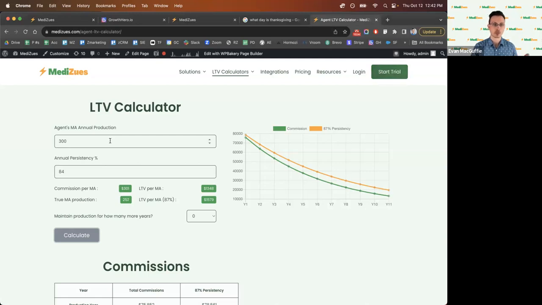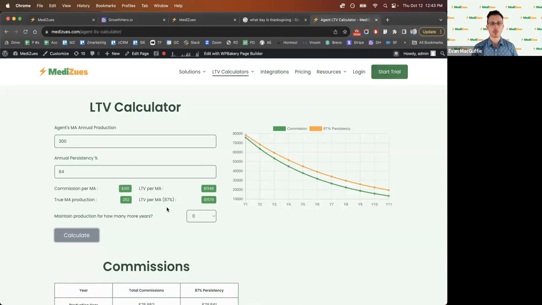What does that mean? You wrote 300, 84% stuck on the books. You're only really going to get paid on 252. That's where your commission comes from. And then your LTV per policy is 1348. So this is the amount of money that you'll make over the next 10 years on average based off of